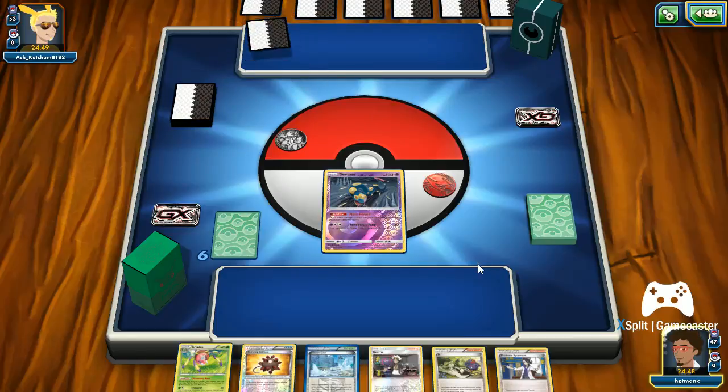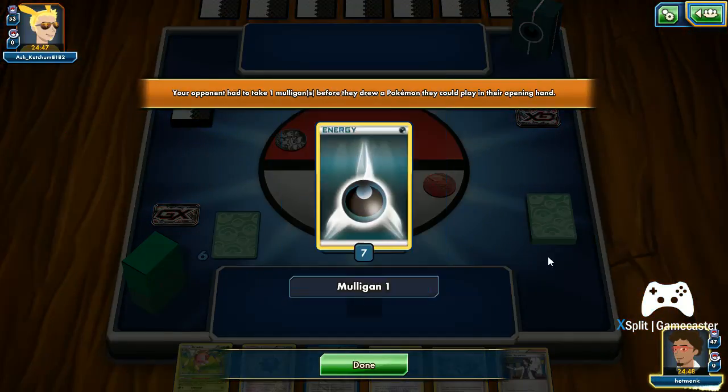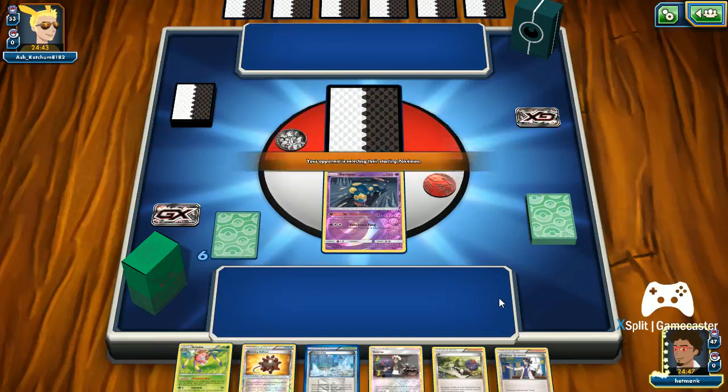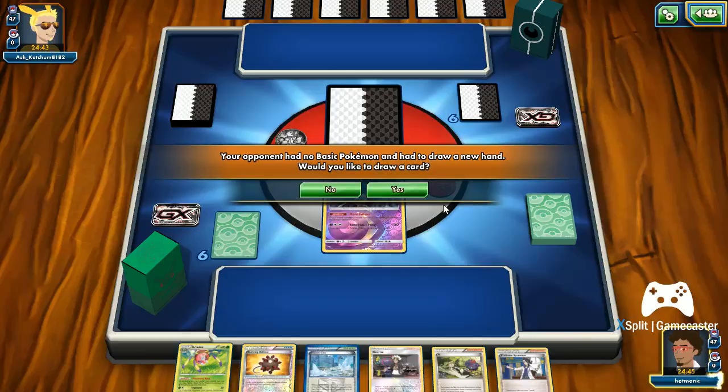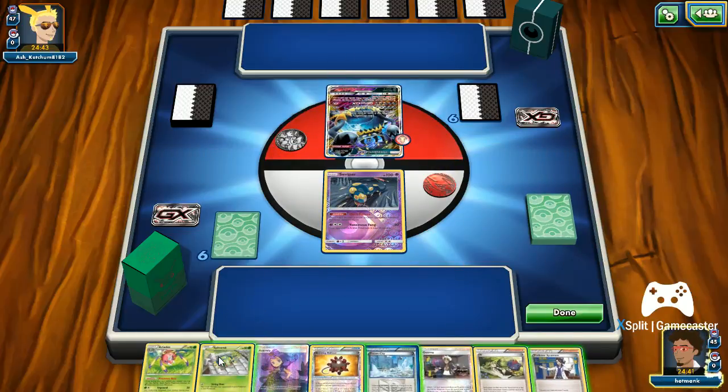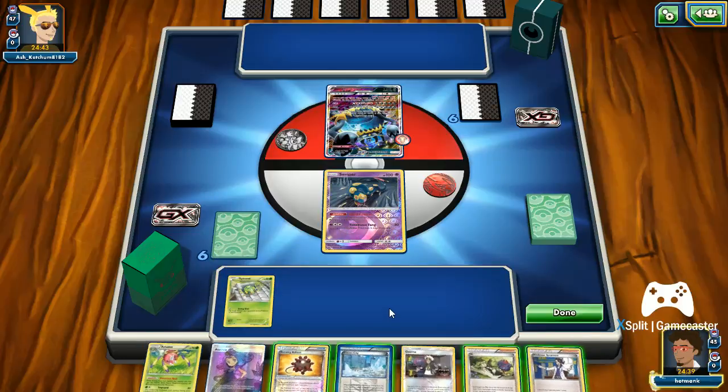So let's see, my opponent's running dark, which means, well, 7 dark energy. That could even mean he's running Guzzlord? Or a Turbo Darkrai, or some... Nope, Guzzlord. Alright, I know this deck. This is the deck that you run in the pre...